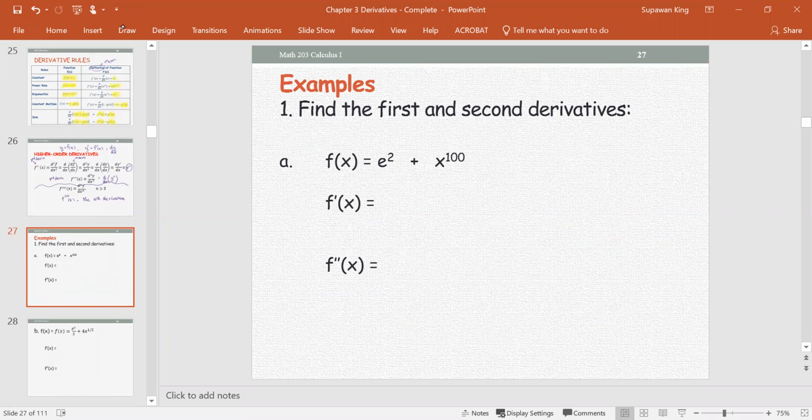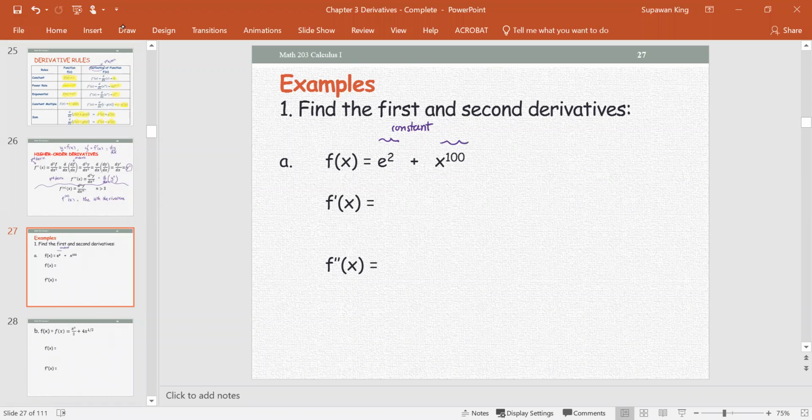Examples. Number 1, find the first and second derivative. Part A, f of x equals e to the second plus x to the power 100. Consider each term. E to the second: this e is a constant, and power 2 is another constant. So e to the second is the constant function,